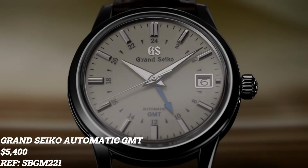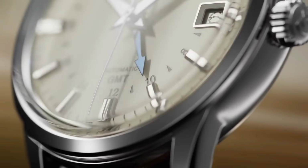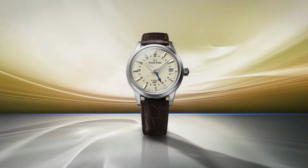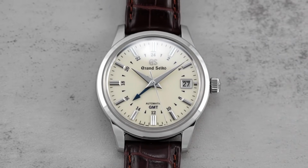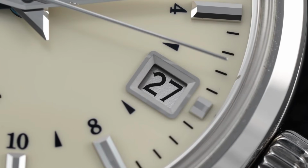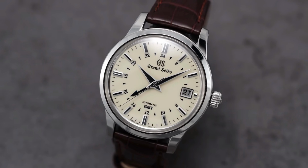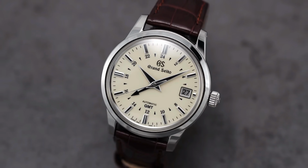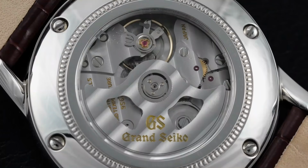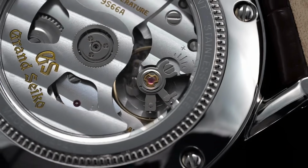The Grand Seiko SB-GM 221, $5,400. Collectors love pretending this watch is some hidden secret. It's not. The SB-GM 221 is famous now because it deserves to be. That cream dial shifts between ivory, champagne, and soft silver depending on the light, while those razor-sharp Zaratsu-polished indices catch reflections like shattered ice. At 39.5mm, it wears refined but never fragile, and inside sits Grand Seiko's Caliber 9S66,